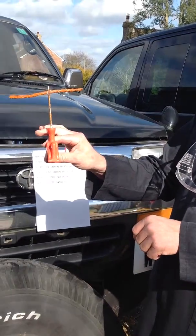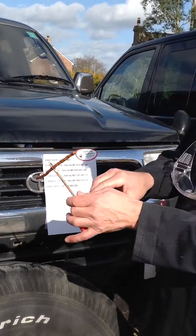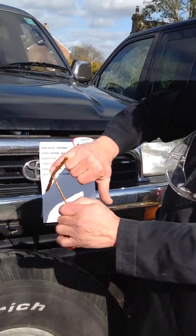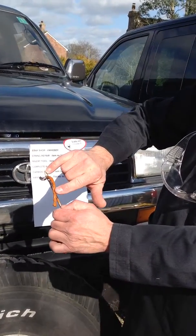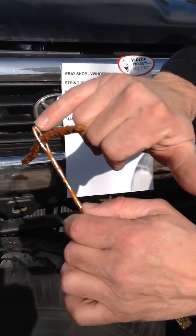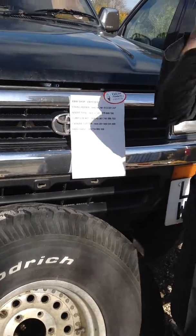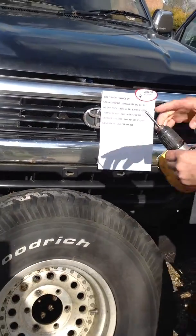Right, we have the string inserted halfway on the needle. You'll notice it has a slit eye, and you'll see why in a minute, why it needs that. I'll put that down for a moment. I'm going to make the hole with this carbide cutter,